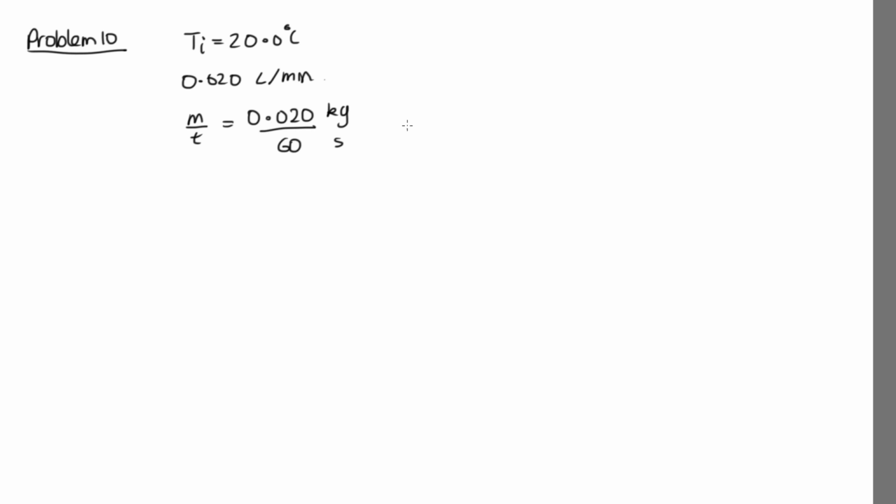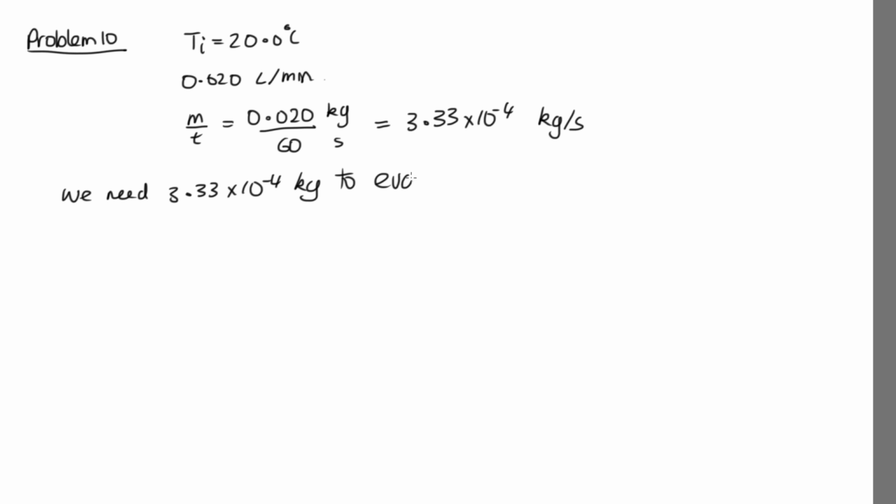And so each second we've got 3.33 times 10 to the minus 4 kilograms flowing into our water bath. Now, if we don't want the mass to change, we need this mass of water to evaporate each second. So we need 3.33 times 10 to the minus 4 kilograms to evaporate